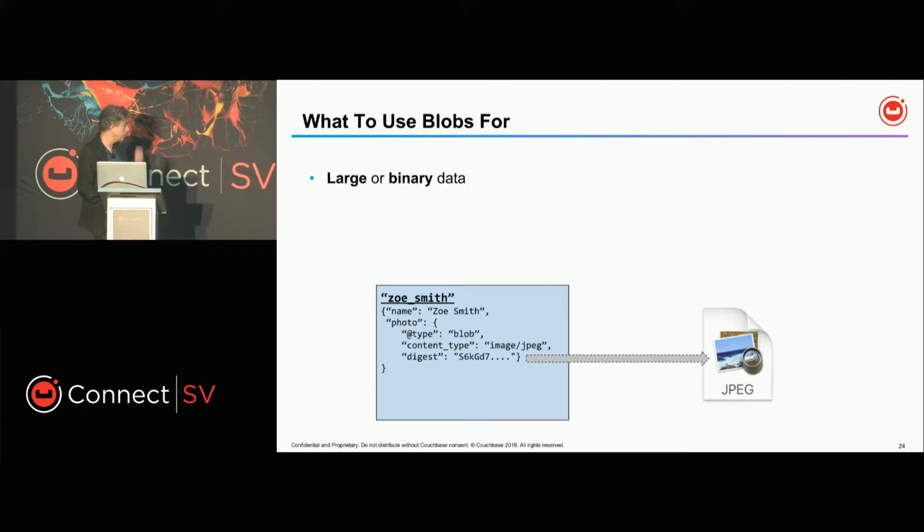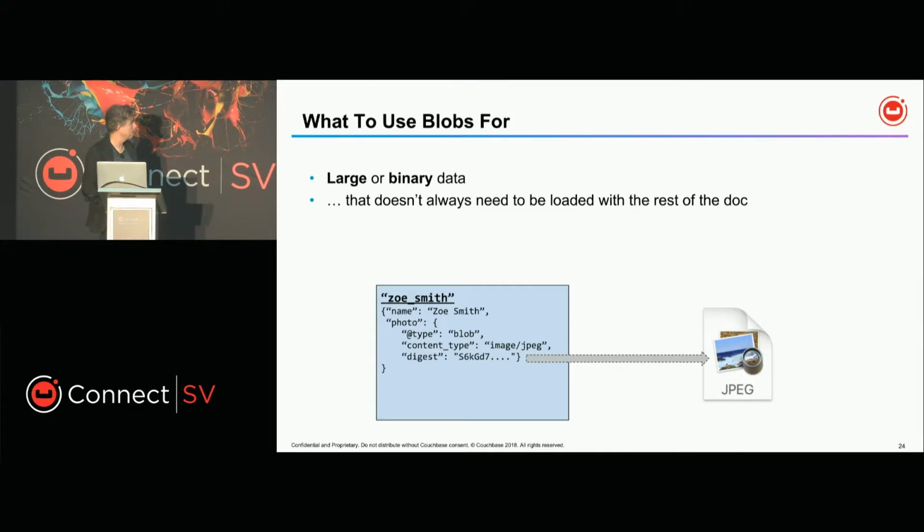So the main cases where you want to use blobs are when you either have large data or binary data, since you don't need to base64 encode it. If it saves you some performance or memory usage not to load it with the rest of the document, like if you only sometimes need to display this, if you need to grind through 1,000 of these items but you don't need the attachment, then it's definitely going to be more efficient to make that be a separate blob